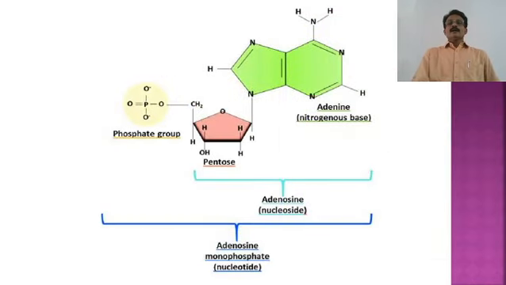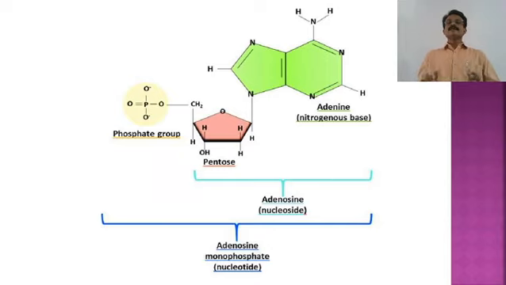Now when we consider DNA as a polymer, what should be the monomer? As I had already told you, it is composed of pentose sugar, phosphate group and nitrogenous bases. Here we can see that the pentose sugar with a nitrogenous base forms a structure called a nucleoside. But when this nucleoside molecule combines with the phosphate group, it forms the nucleotide.